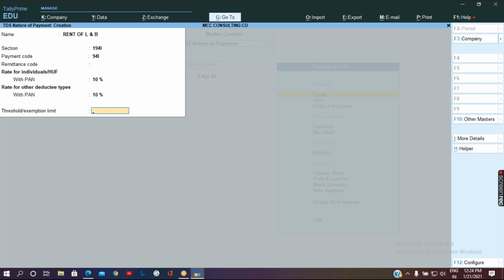In case you are paying more than that for the whole year, then you are supposed to deduct the TDS. But from 1st of April 2019 onwards, the exemption limit has been increased to 2,40,000. So if you are paying more than 2,40,000 in the whole financial year, then you are supposed to deduct the TDS for the owner. Otherwise, you are not supposed to deduct the TDS.